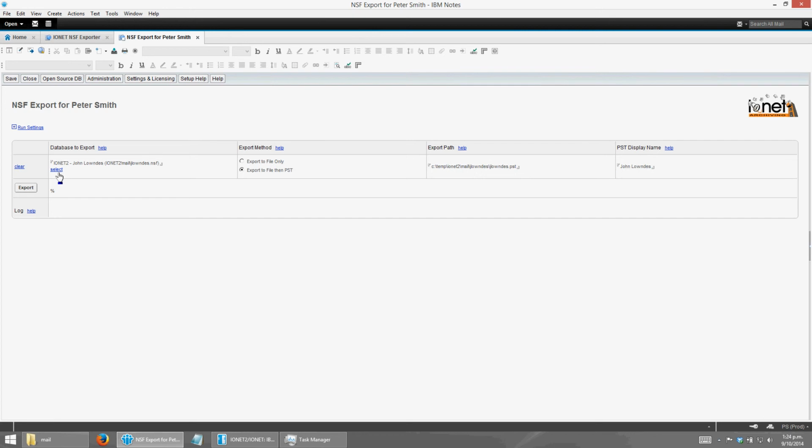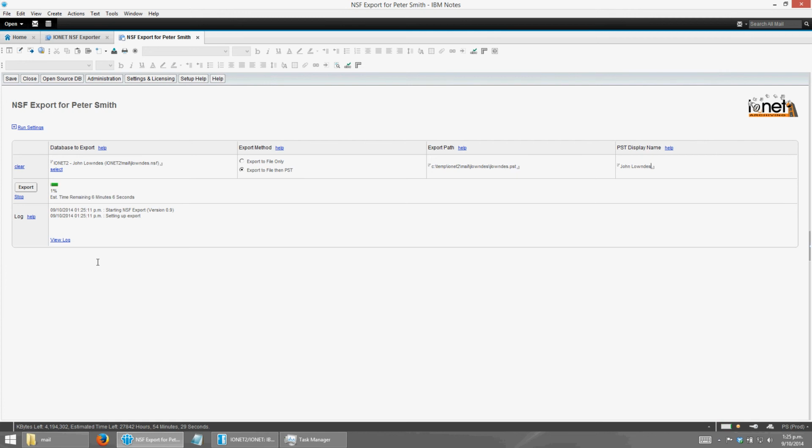Then they just select the database. That could be mail file or archives or whatever. The export method, just verify the path. Because we're exporting to a PST file here, they can choose the PST display name, and then start running the export. The export itself runs in the background of the Notes client, displaying at all times what status it's up